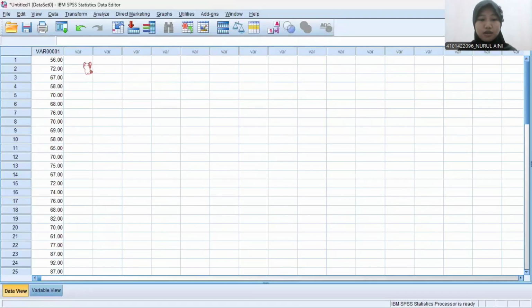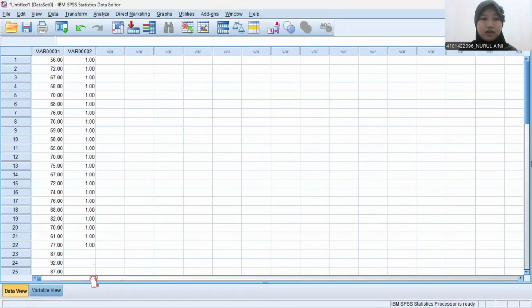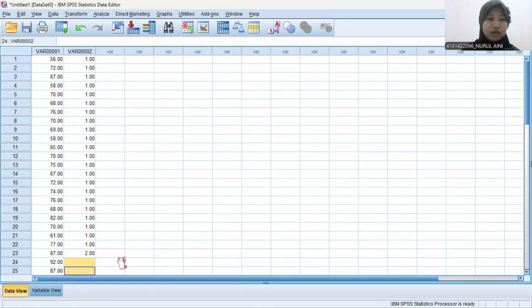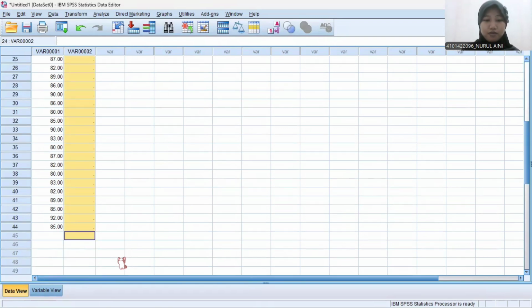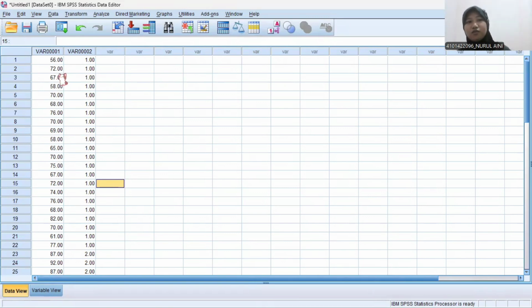we paste it here like this. And we do the same as the number 2. Maybe I will copy it right here and then paste it under here. Yeah, we get this. It will be like this. So we have the data for class A and class B, the grade, and then we have the code for